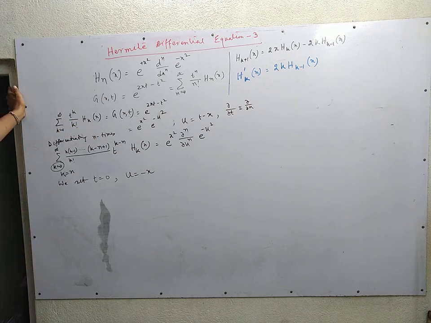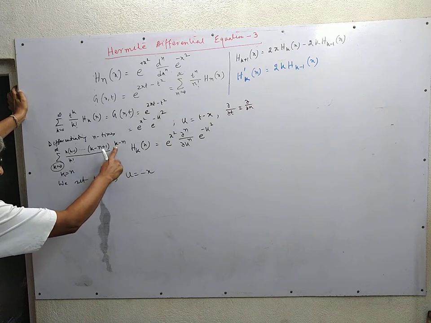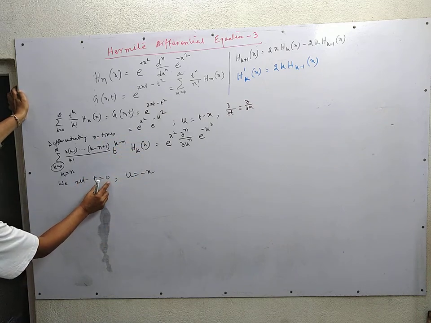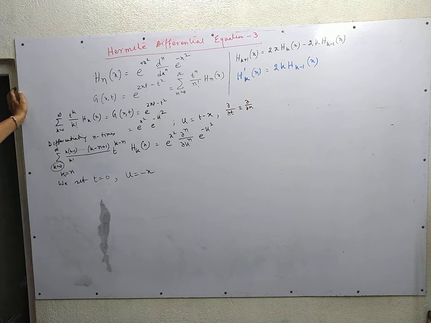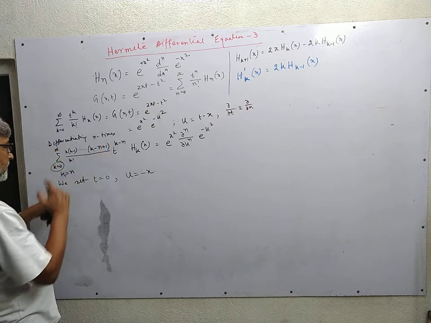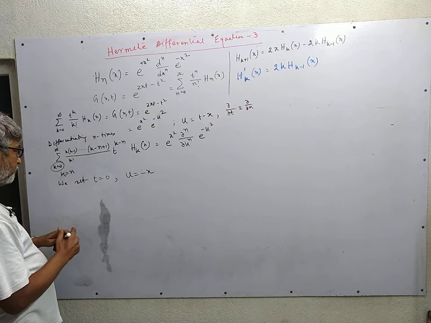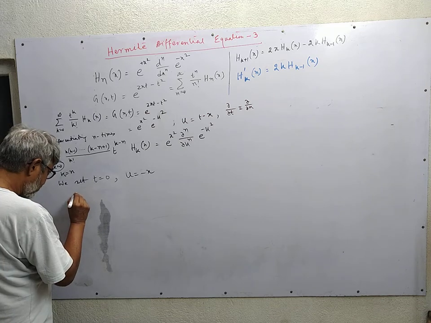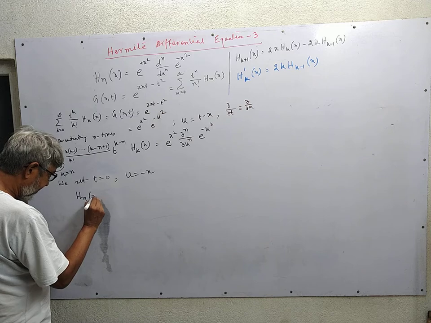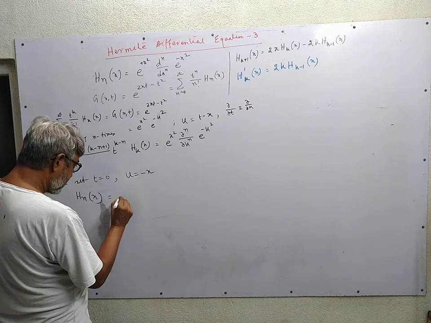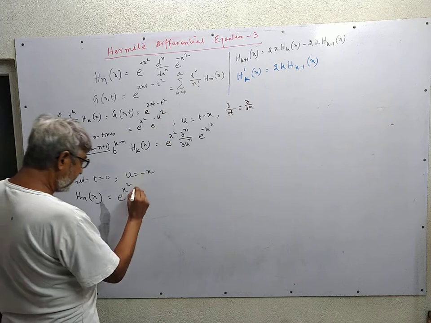Now all the terms with k less than n will go to 0 when differentiated n times, and as we set t equal to 0, all the terms having power of t with k greater than n will be 0 due to this fact, and only the single term with k equal to n will survive. In which case this part is 1, because both numerator and denominator are equal to factorial n, and we get on the left hand side Hn of x, and on the right hand side we have